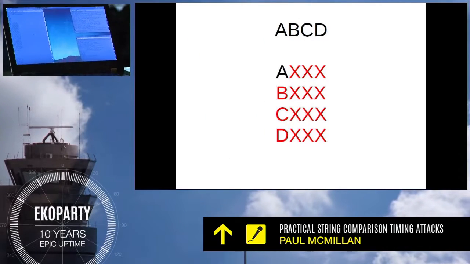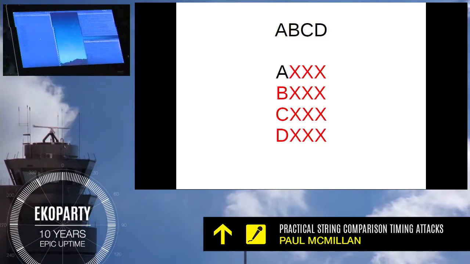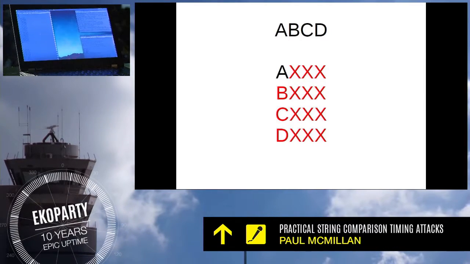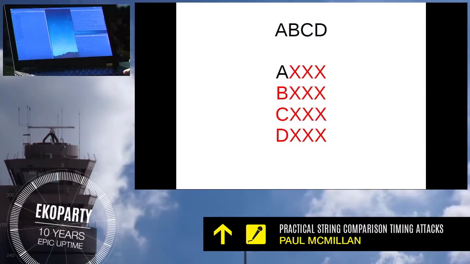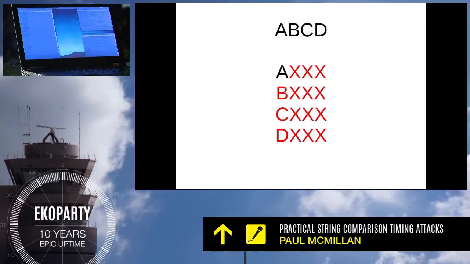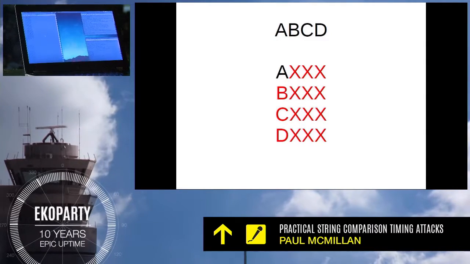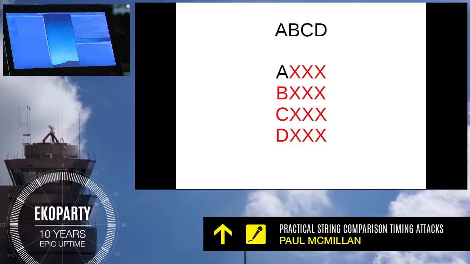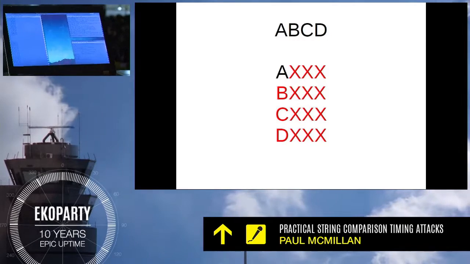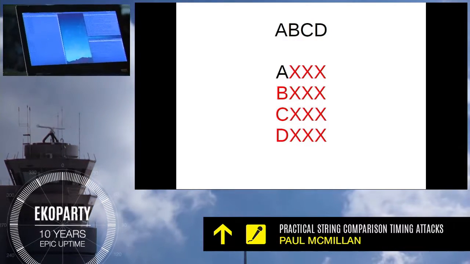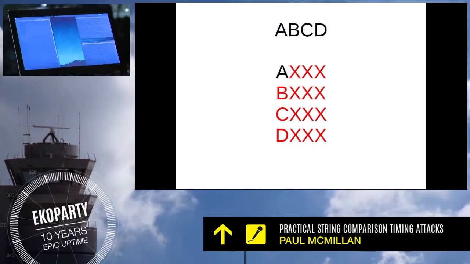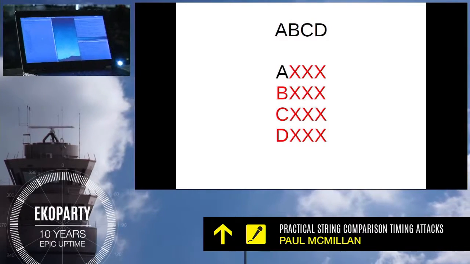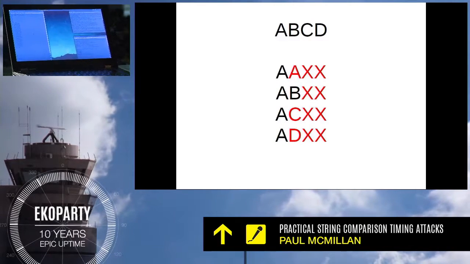So let's walk through this with an example. I have a string here that I want to figure out. What I'm going to do is make a bunch of requests to my device with a bunch of hypothesis strings. In this case, I know the string starts with A, B, C, or D, and so I make a bunch of requests with each one. Then I look at the time it took to make each request, and I look to see which one took just a little tiny bit longer. That little tiny bit longer means that you're going from just comparing the first character, saying these are different, and stopping, to comparing the first character and then comparing the second character. We did a little tiny bit more work. It's not a lot of work, but it's a little bit. So I see which one took longer, and I make that one my guess. Now I guess that character every time that I